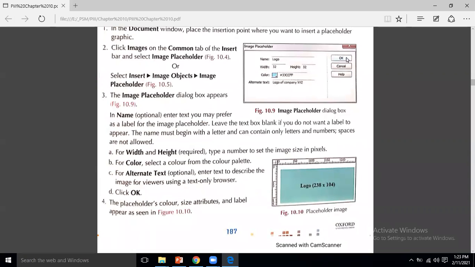Up to here, if you have got any question, anything that you would like to ask, you can ask me right now. All the things I hope are clear. These dialog boxes are very important because the questions will be asked from these dialog boxes. So we need to know what kind of options are available in these options when we apply these things.